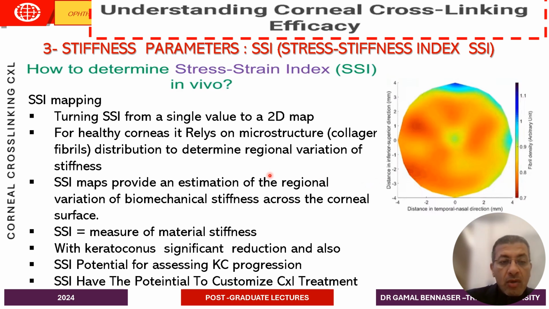SSI. Also, this opens the potential for assessing keratoconus progression, and also for customizing the cross-linking treatment, so that we need not do cross-linking for the whole cornea. We just concentrate our treatment on the affected part of the cornea. This is known as customized cross-linking treatment. This is the future of cross-linking, that we have customized cross-linking as well as customized vision correction, so that we will achieve the best result, improving the shape and the geometry of the cornea, as well as improving the visual